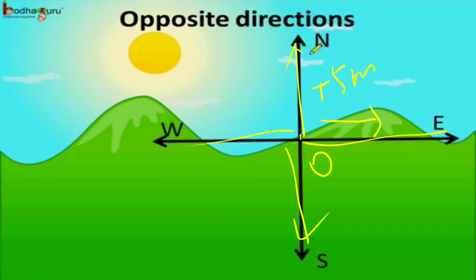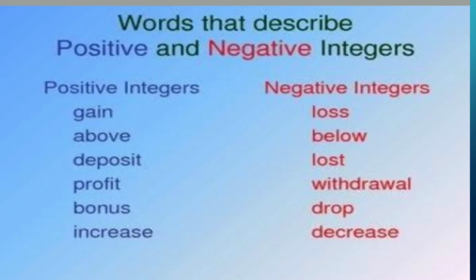When we proceed toward the east direction 5 meter, it is the indication of positive. But when we proceed toward the west direction, just the opposite of east, it is the indication of a negative integer. Similarly, the opposite of the north direction is the indication of negative integers. In the case of direction also, we can see there are uses of integers. Now, from the different examples, we can conclude that some words are related to positive integers, and some words are related to negative integers.